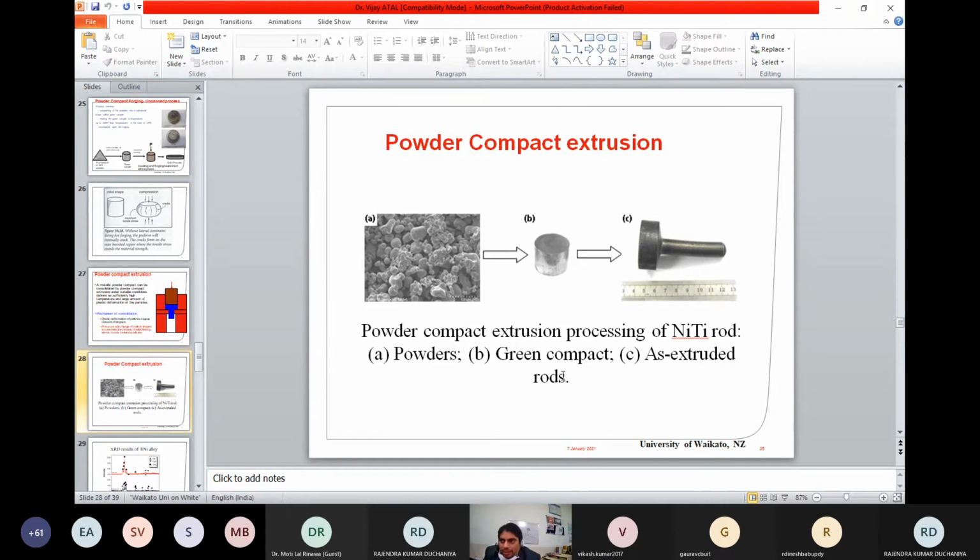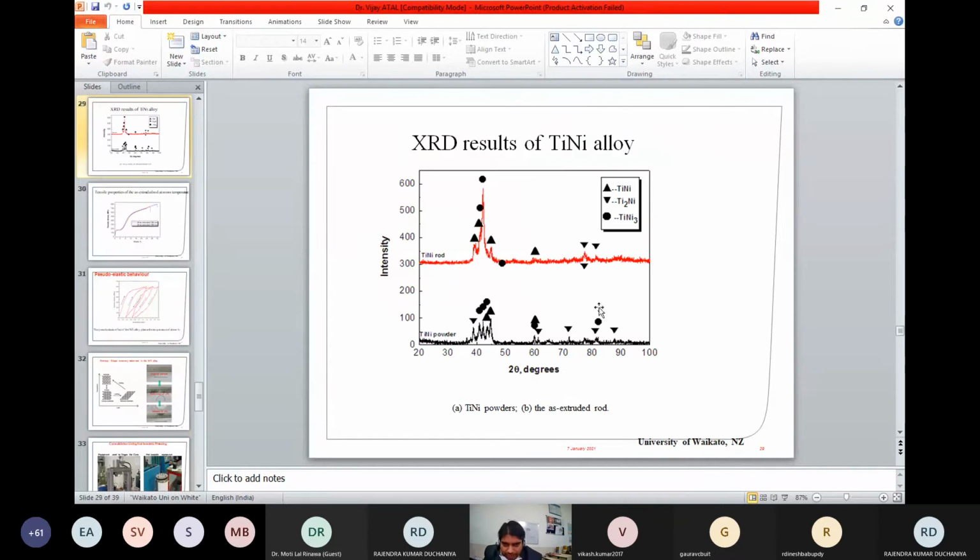In some cases, people use graphite, pure solid graphite powder, or a graphite dispersion. And in some cases, people also use glass type of lubricant to produce extruded rods.